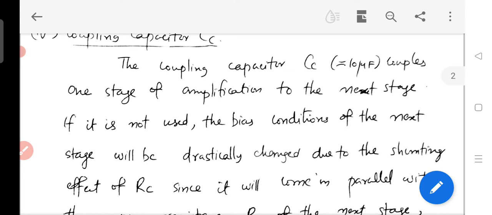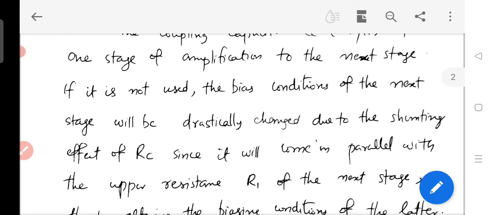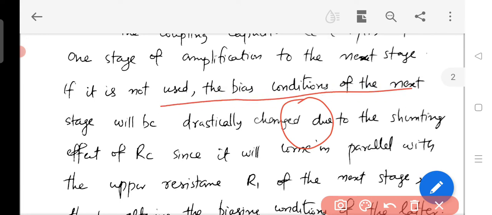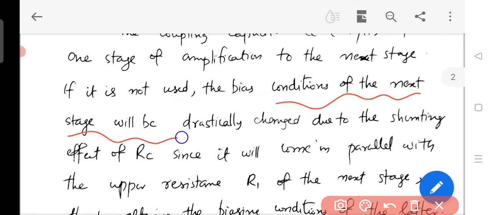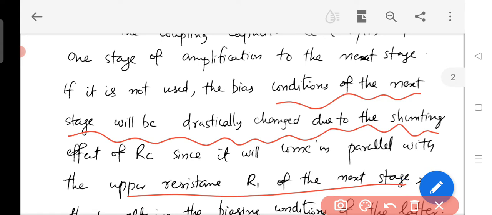If we are using several stages of amplification, coupling one stage to the other is done by the coupling capacitor. Suppose we are not using it, then the biasing conditions of the next stage will be changed due to the shunting effect of RC, because that will come in parallel with the upper resistance R1 of the next stage. The next stage also has a voltage divider bias circuit, R1, R2. If we are not using the coupling capacitor, RC will come in parallel with that R1, and that will change